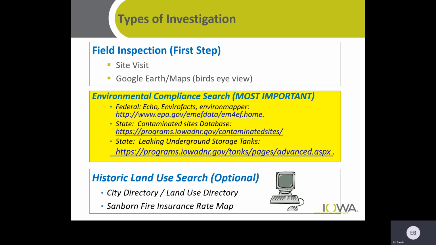If you want to go further, you can do a historic land use search using old city directories or land use directories or Sanborn maps. Those can be helpful to show you what existed historically on that particular property. And of course, there are certain kinds of operations that raise red flags for contamination. So that's optional, but might help you if you want to investigate using that method.